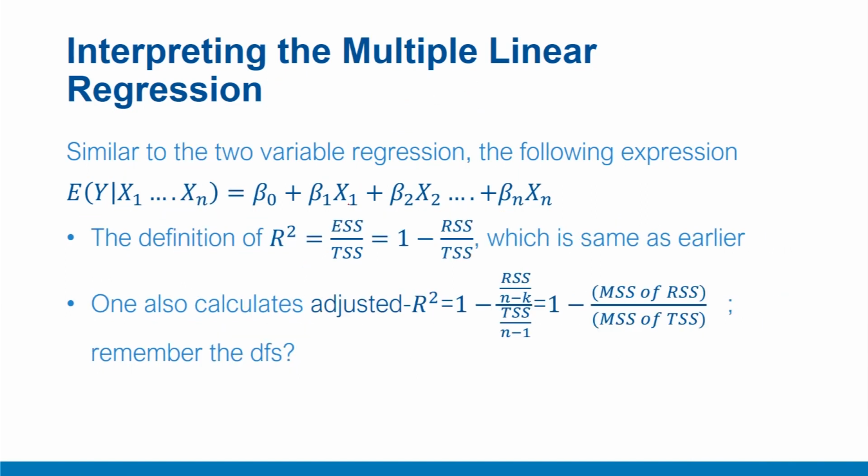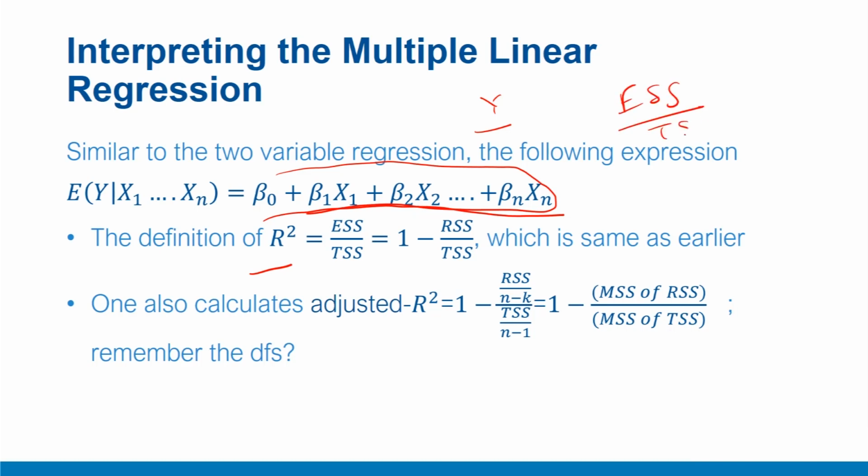Let us introduce a very important parameter, which is R square. This R square represents the part of variation of variable y which is explained by this model. I repeat, this R square represents the variation or variance in the variable y, which is the dependent variable, which can be explained by the model, that is, all the xi's and coefficients put together. The computation is very simple. Basically, this is explained sum of squares divided by total sum of squares, which is equal to 1 minus residual sum of squares upon total sum of squares.